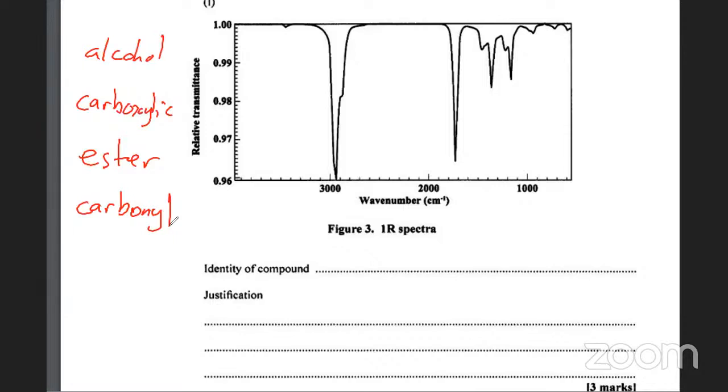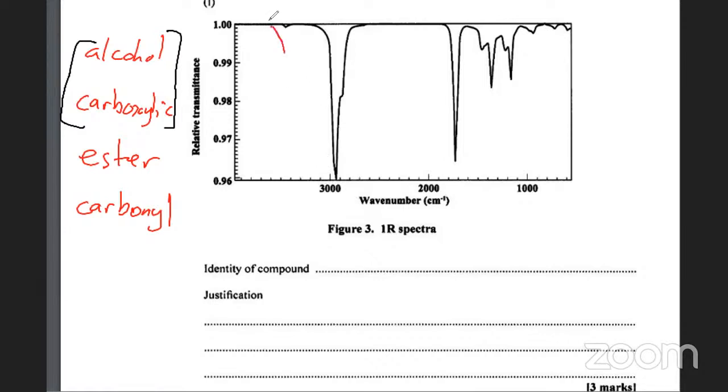C is concentration. Back to this. You should be able to identify alcohol, carboxylic acid, ester, and the carbonyl group using these numbers. When you get a chart and you want to interpret it, the left-hand side of the chart is what will help you to determine if you have carboxylic acid or an alcohol. When you get up to this end, in the region of the 3,000 mark,